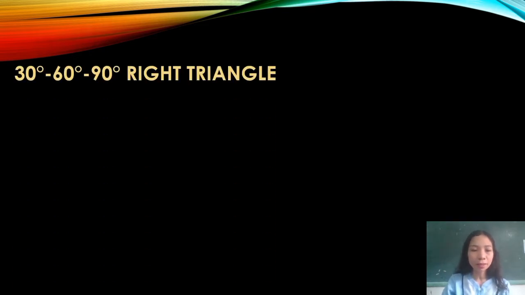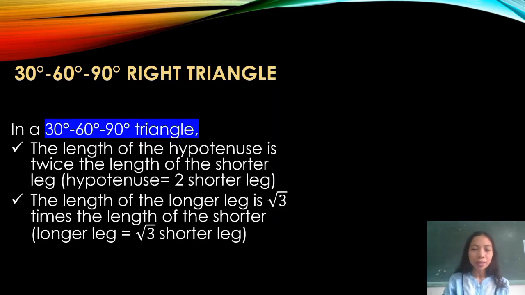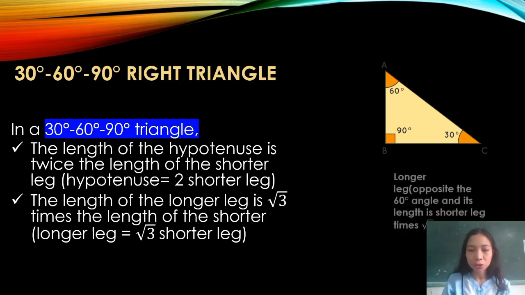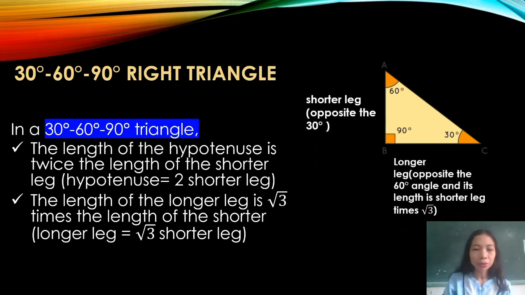30 degrees, 60 degrees, 90 degrees right triangle. In a 30, 60, 90 degrees triangle, the length of the hypotenuse is twice the length of the shorter leg. So take note of the measure of the length of the hypotenuse in a 30 degrees, 60 degrees, 90 degrees triangle. So whatever the measure of the shorter leg, we will multiply it by 2, and that is the measure